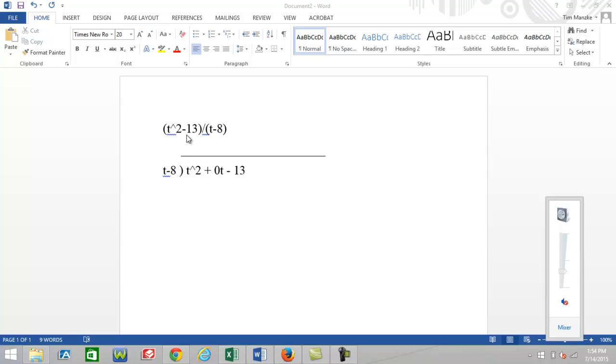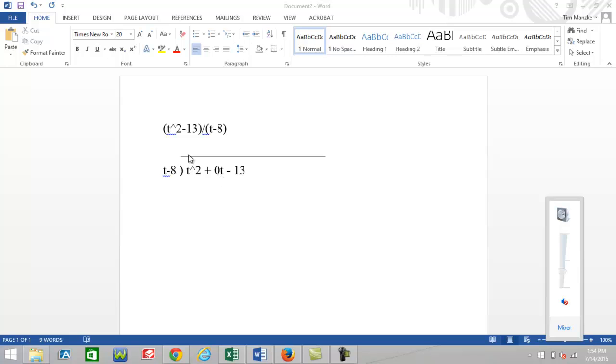The t squared minus 13. Notice that I'm missing a term with a variable t. Anytime you're doing long division of polynomials, you have to make sure that all the placeholders are there. We have t squared and we have a constant, but we're missing a variable with the t. Since it's not part of the polynomial, we'll put a coefficient of 0, so it won't change the value